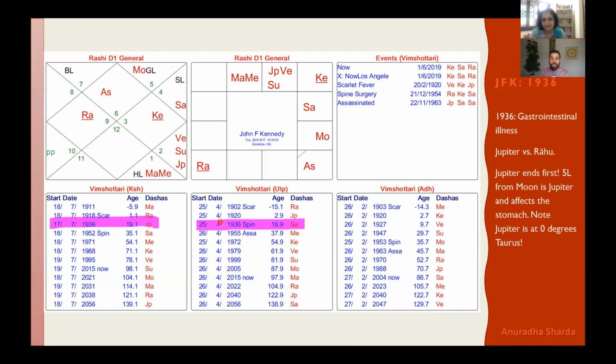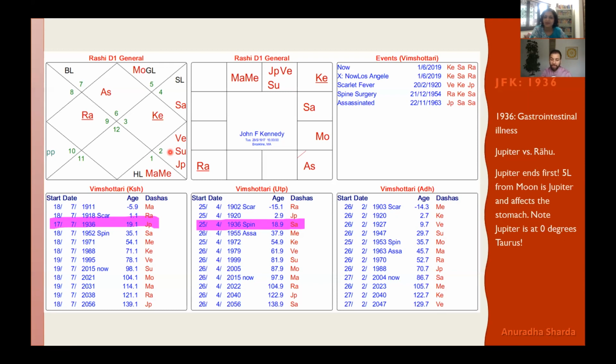So if you look at this chart, Jupiter is doing what? At first glance, you won't notice what's the problem here. It won't make sense. But I will say Jupiter is not combust. People will ask, is Jupiter combust? Maybe that's the problem. And then I'll say, well, firstly, if Jupiter is in any way afflicted, the person will usually suffer from some gastric issue, by the way. Keep that in mind. Gastric issues are very common for Jupiter. And secondly, what you don't see here is that Jupiter's in Sandhi, 0 degrees.